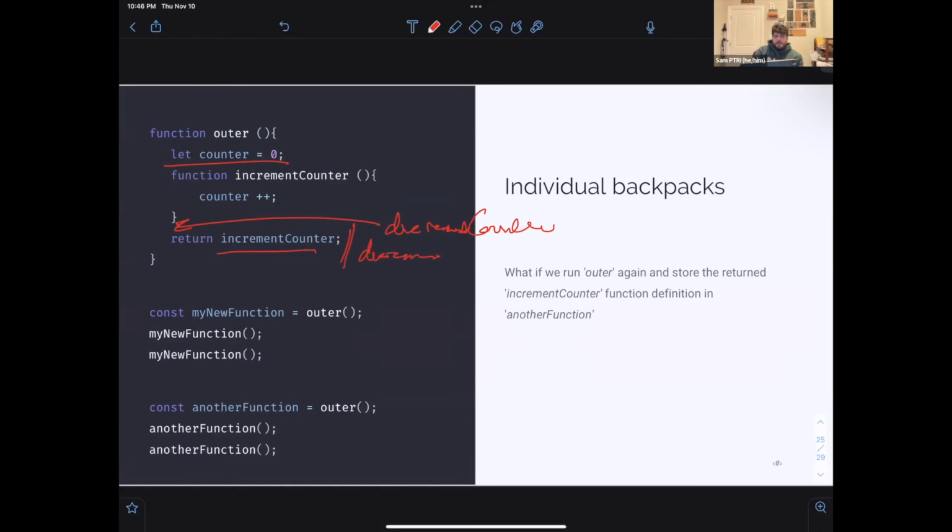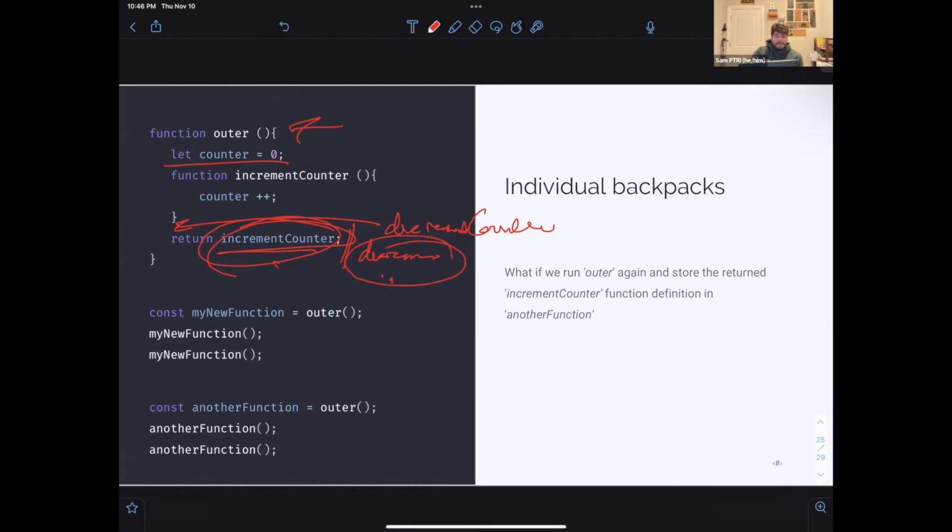Both of these function definitions will have access to the environment variable of counter when their definition is returned out of this parent function. However, it will not be the same counter. If we run outer twice, and we return increment counter one time and decrement counter the next,